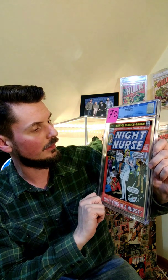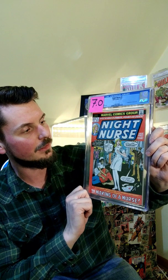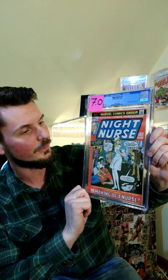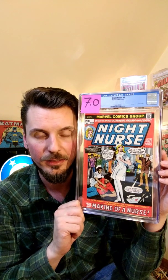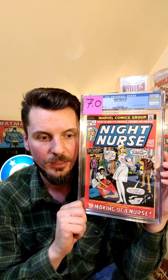Night Nurse number 1. Not the first appearance. I don't believe it says it's the first appearance of Linda Carter, but I believe it's the first appearance of her as Night Nurse. I believe, wasn't there a Linda Carter student nurse book? If not, was it another character that was student nurse? I know there was a student nurse book because I looked into getting it for my fiance at the time, now my wife, because she was a student nurse at the time, and then she became a night nurse, and I got this book for her,